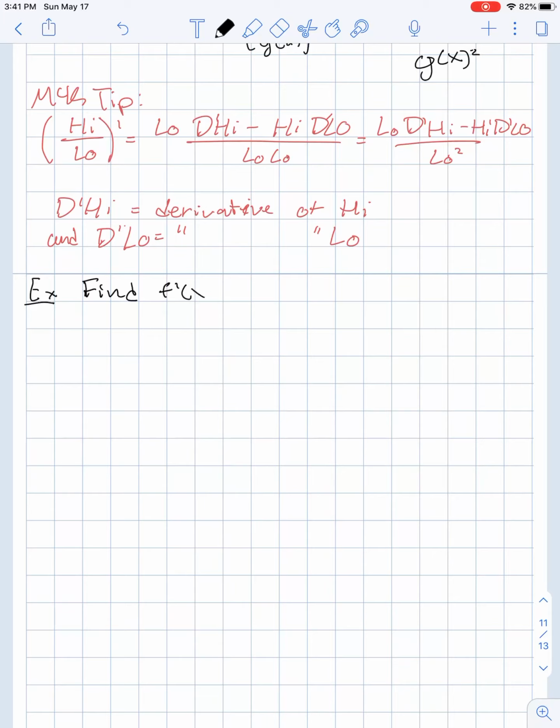So we're going to find f prime of x, haha, switching it up, when f of x equals x squared minus 1 over x cubed plus 1. Okay? So f prime of x is going to equal